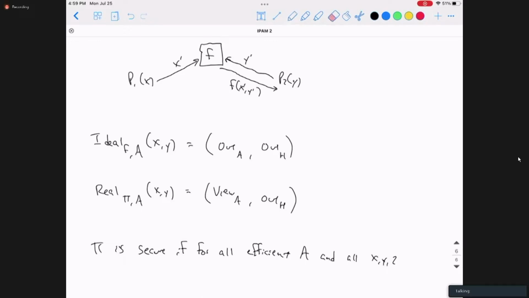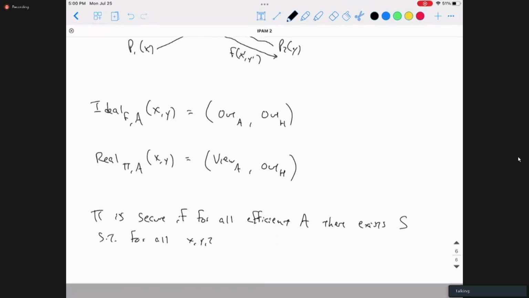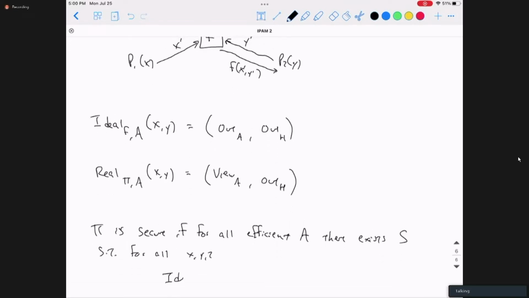Sorry, I'm probably messing up the order of quantifiers here. So there exists another adversary, I'll call S here, and we'll see why in a minute, such that for all x, y, and z, the ideal execution involving the adversary with auxiliary information z and the parties starting out with inputs x and y should be computationally indistinguishable